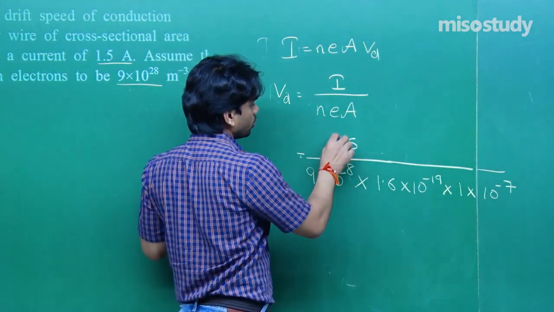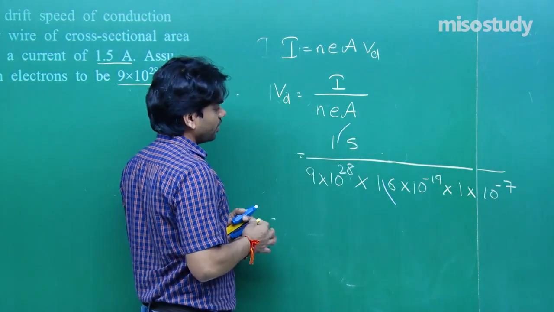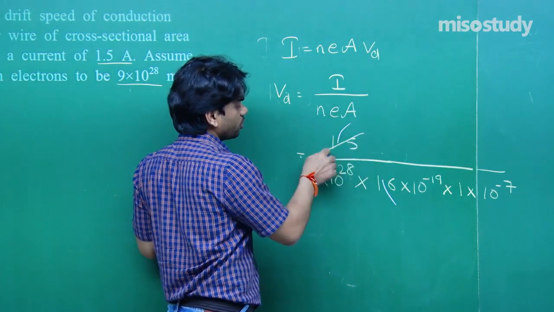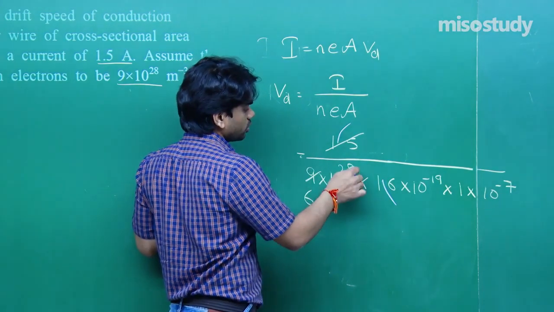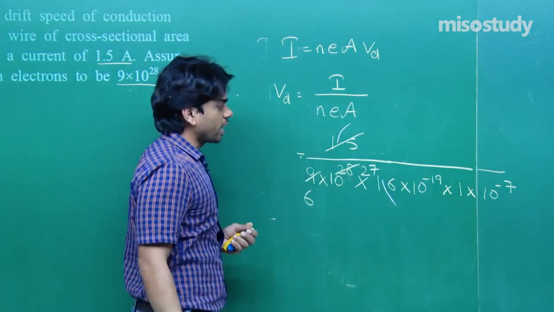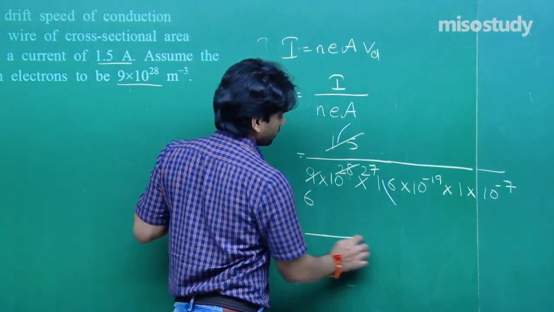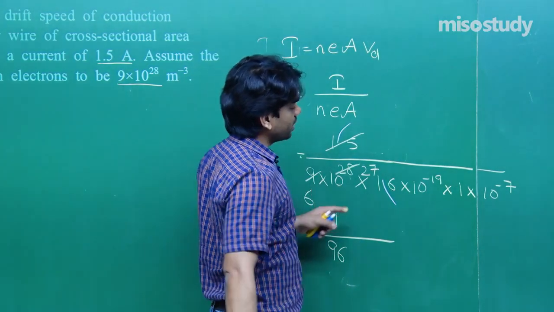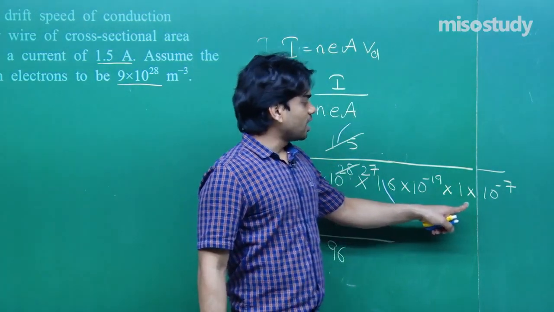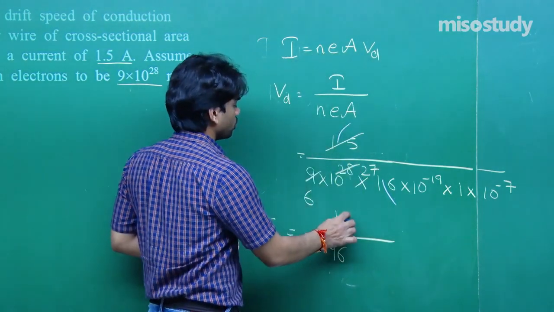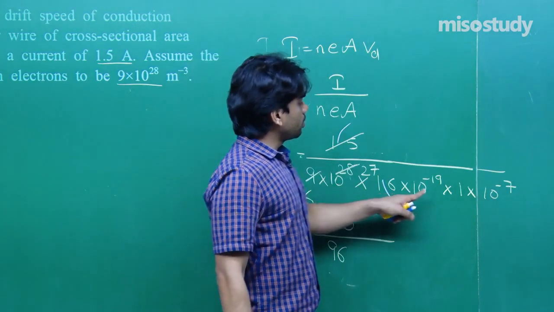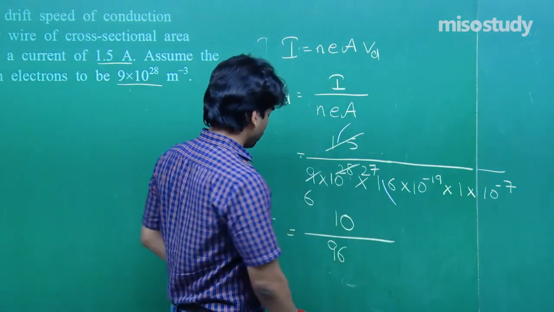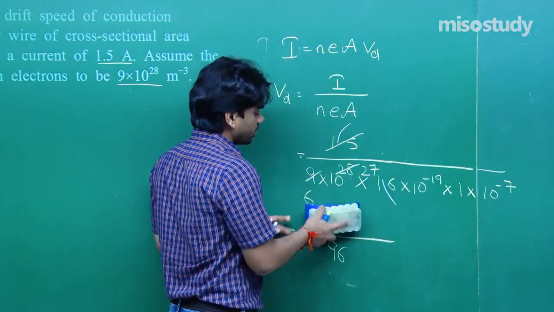So what I am going to do, I am just going to remove this dot. If I take 15, and if I take 90 and 10 from here, this will become 6 times, and the 10 I am cancelling out, it will become 27. That is what I have done, and finally the relation comes out to be 1 upon 16 into 6, 96, 10 to power 27 minus 19 will give you 10 to power 8, and 10 to power 8 minus 7, 10 to power 1. Here it becomes 10 to power minus 1, and let me write here, this 10 will be in the denominator.